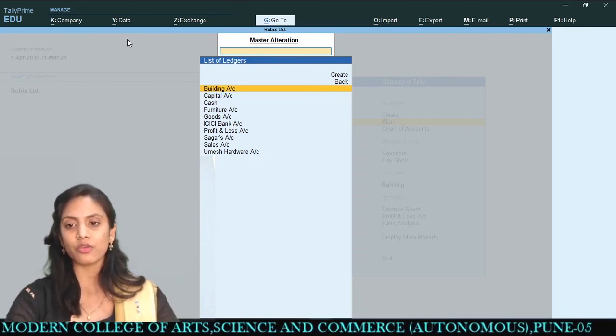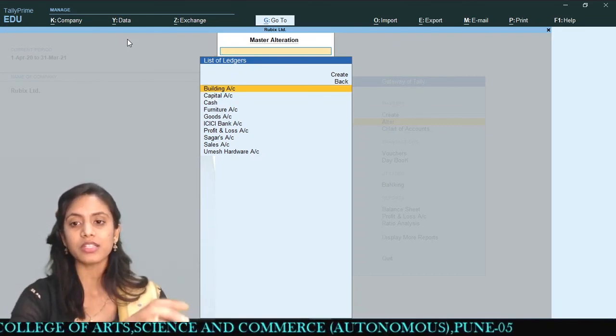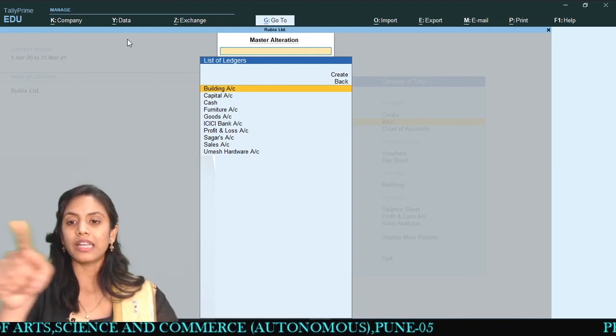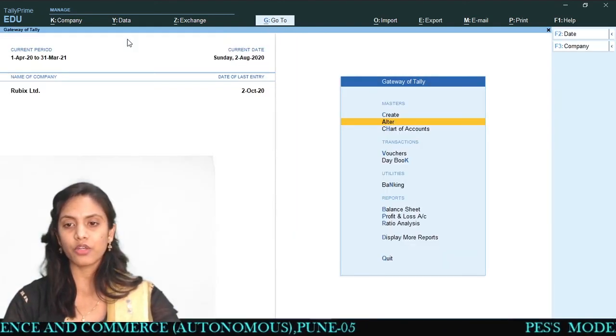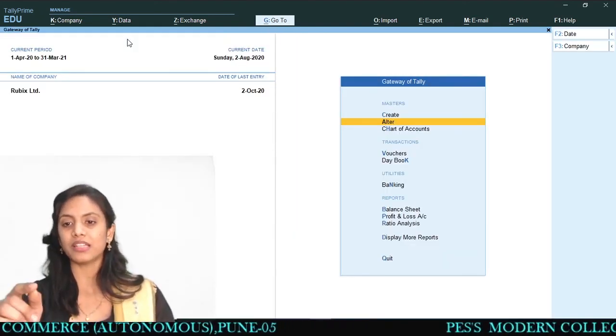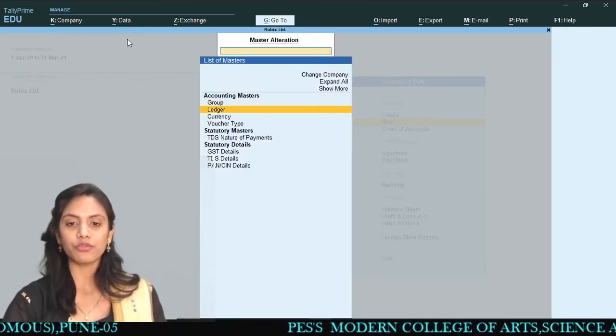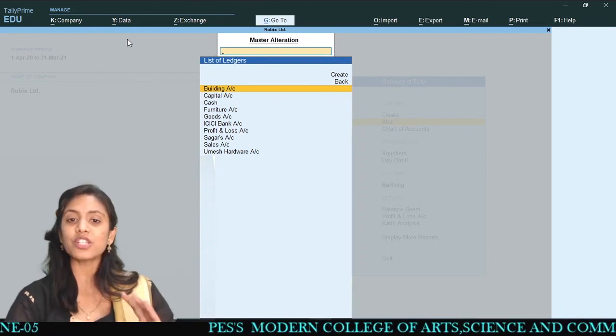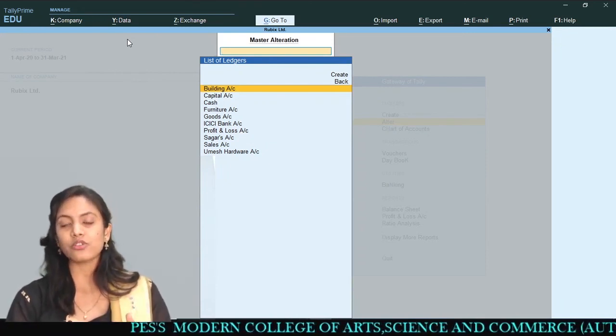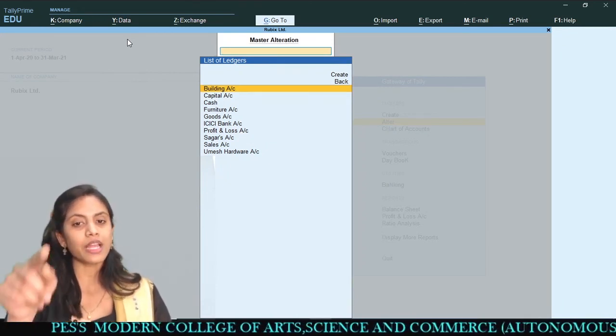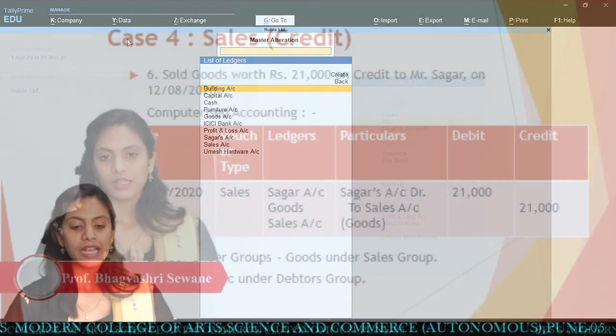You have to go to Masters, first of all coming to the Gateway of Tally. Then from Masters, choose the alter option. From that alter option, go for the ledger option, and select the ledger you want to change or alter from there.